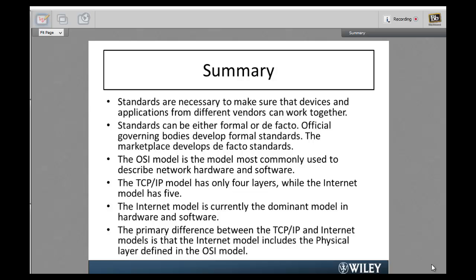Okay, so what are you required now to know about this chapter? You have to know all of the 7 layers, definition of each of them, some of the terms relating to these layers, and also to know how you can compare between OSI, TCP/IP, and Internet model. Okay, what is the difference between all of them? So these were the learning objectives. Now let me give you an example